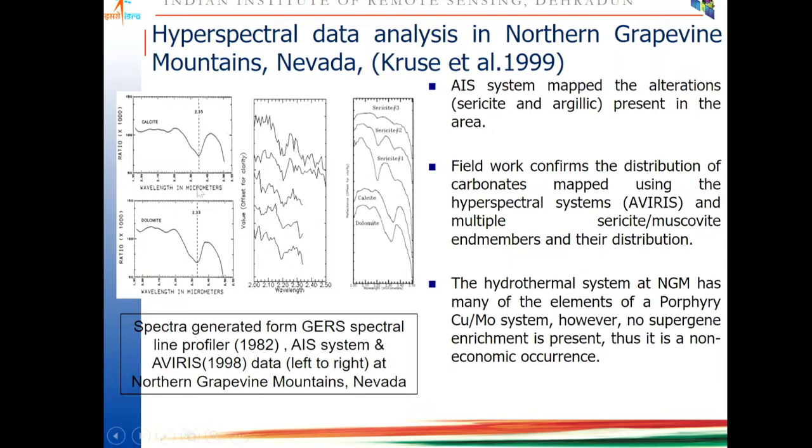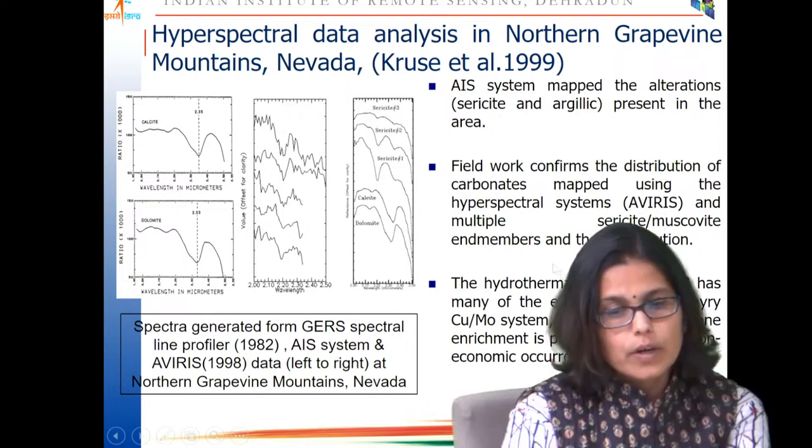I was telling you that because of the presence of CO3 you will have a spectral dip at 2.35. So over here, around 2.3 through 2.33, because of the presence of Mg, there is a little shift towards the lower wavelength in the dolomite, whereas calcite will give it 2.35. So the fieldwork confirms all these things, and they were also able to map the multiple sericite, muscovite end members